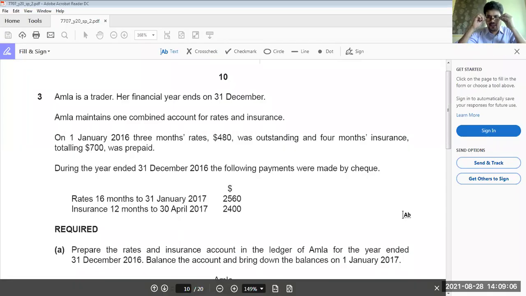Now allow me to wear my glasses so I can see what's happening. Okay. Amla is a trader, financial year ends on 31st December. Amla maintains a combined account for rates and insurance. On 1st January 2016, 3 months rates were outstanding and 4 months insurance totaling 700 were prepaid. So what we have to do here,